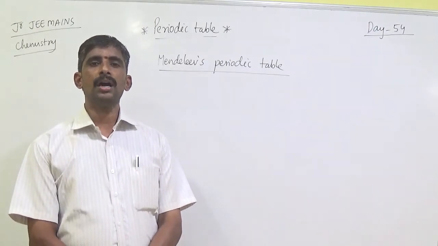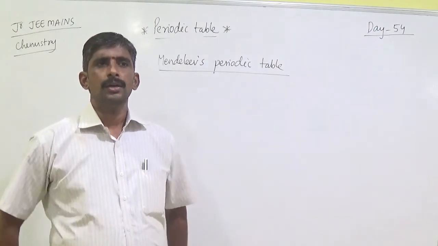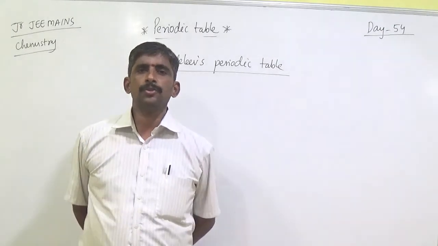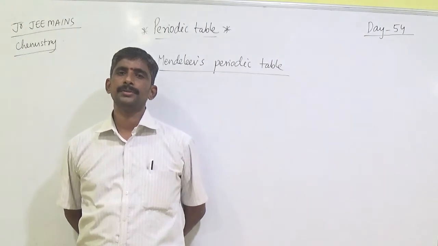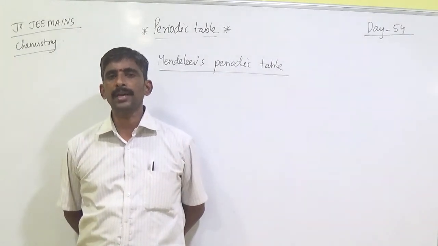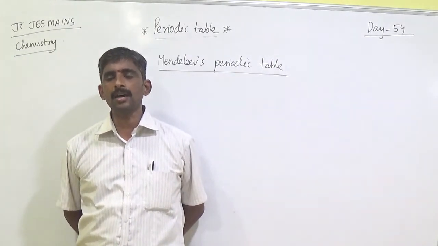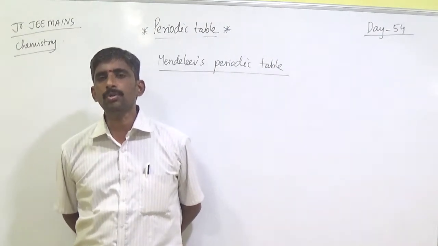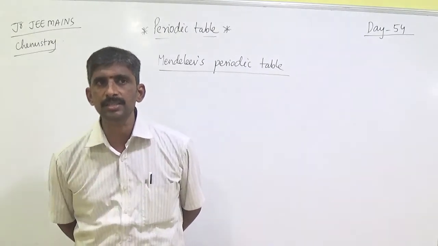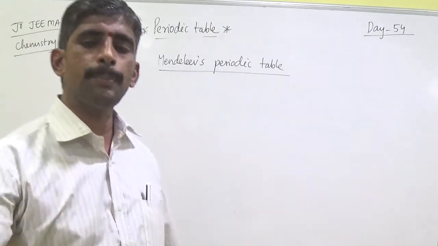They didn't know correct information about noble gases. Later they were discovered by Ramsay and Rayleigh. Mendeleev corrected the atomic weights of beryllium, indium and osmium by using this formula: atomic weight equals equivalent weight into valency. These are important points in the Mendeleev periodic table.